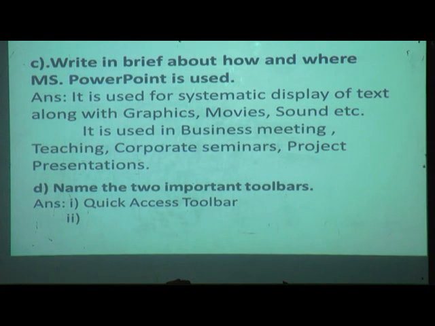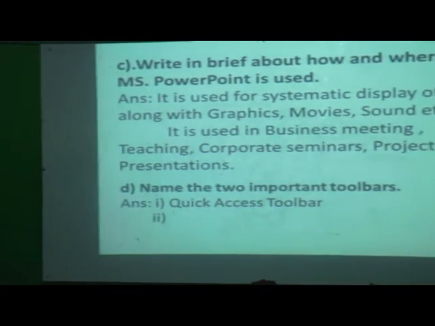Now, what is the homework for you? When you turn the page, you can see it is lab activity. What is the question? You have to do a presentation on the tiger. Then try this project on your mobile. Try this to do on your mobile. Try this presentation. Okay? Thank you.